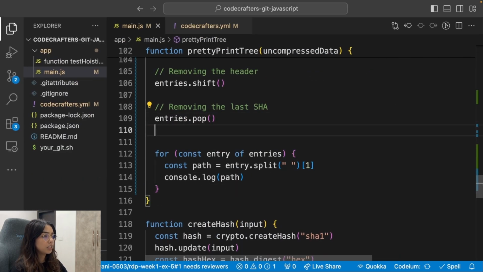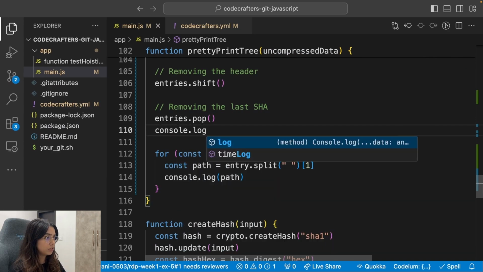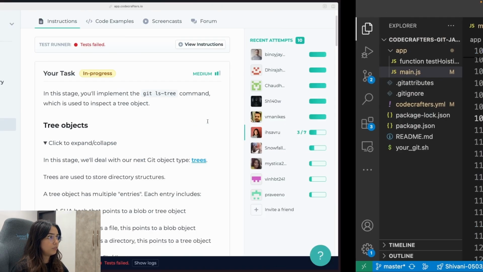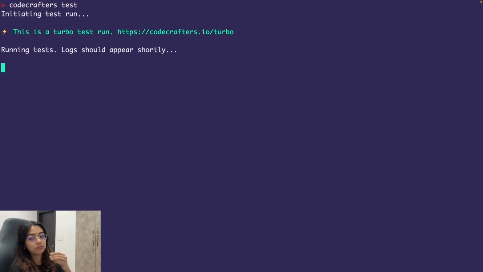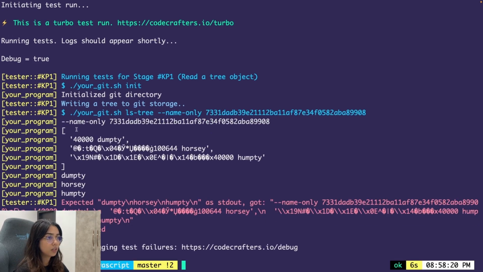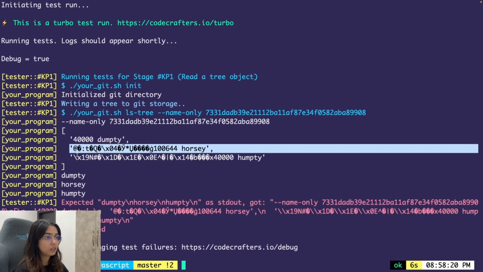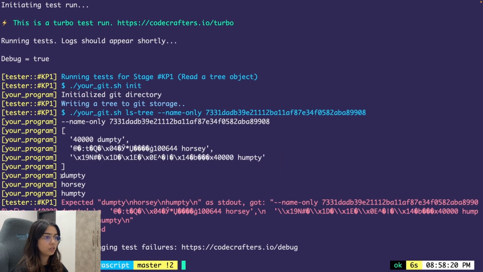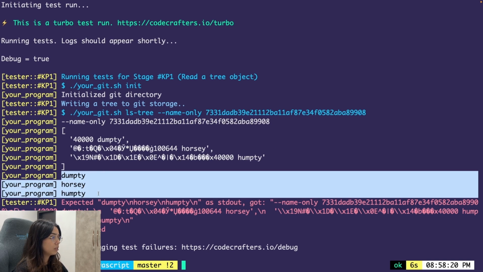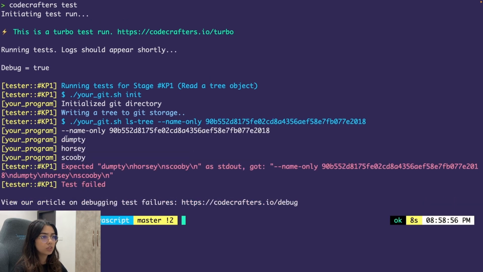Why is that? Let's print entries once again to see what's going wrong after we remove the first and the last element. So this is our output, Dumpty, Horsey, and Scooby. Expected Dumpty, new line, Horsey, new line, Scooby, and then a new line. As output, got